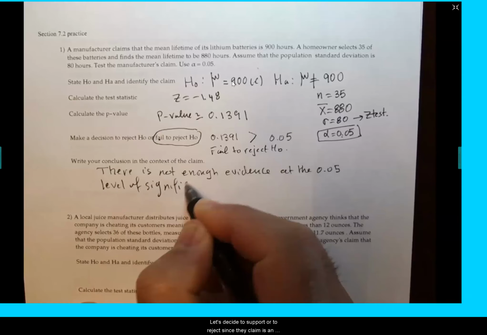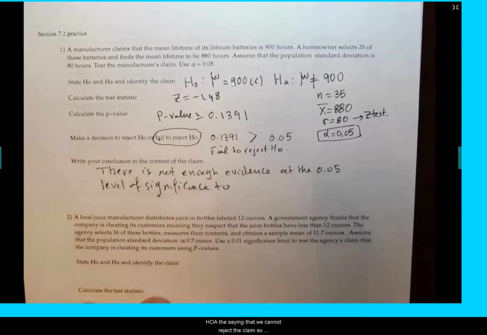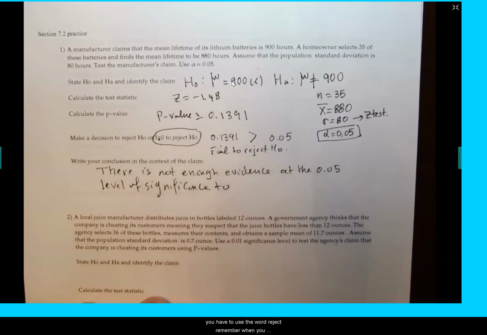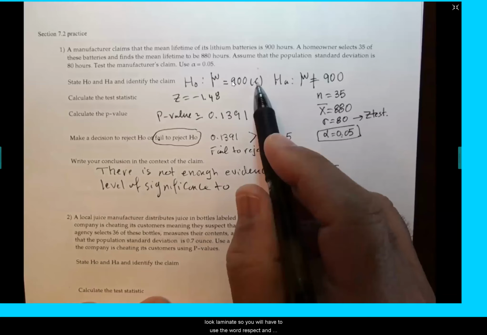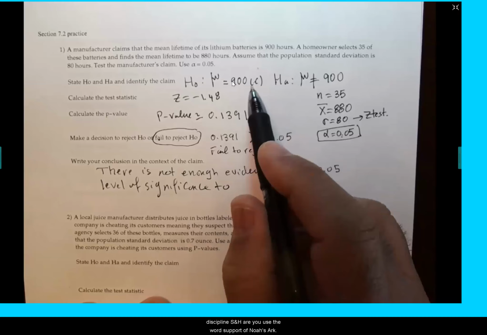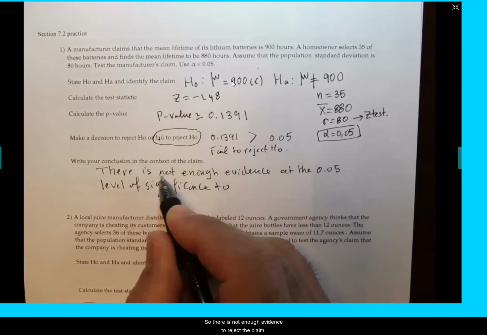Okay, 2, let's decide to support or to reject. Since the claim is in H0, we're saying that we cannot reject the claim. So you have to use the word reject. Remember, when you're claiming H0, you will have to use the word reject. And if a claim is in HA, you use the word support or not support. So there is not enough evidence to reject the claim